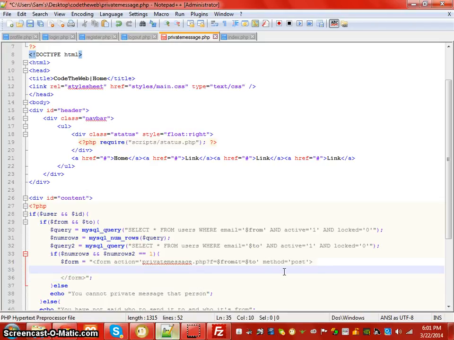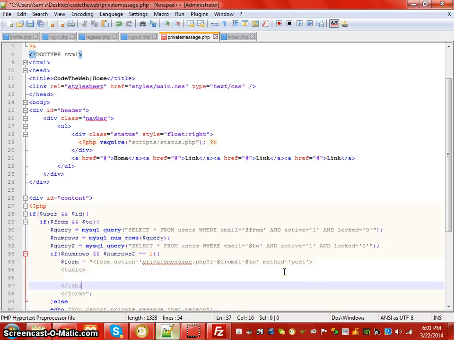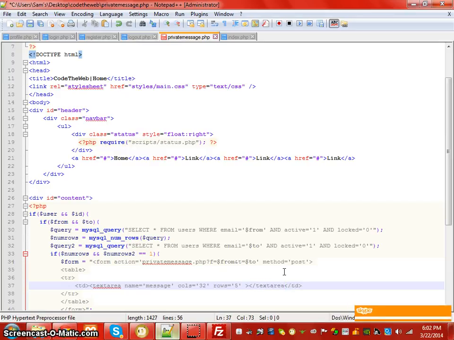So in here we're going to say table /table, and here we're going to say tr /tr and td /td, and in the first one we're going to say a textarea, name equal to message, columns equal to 32, and rows equal to 5, and that's /textarea,